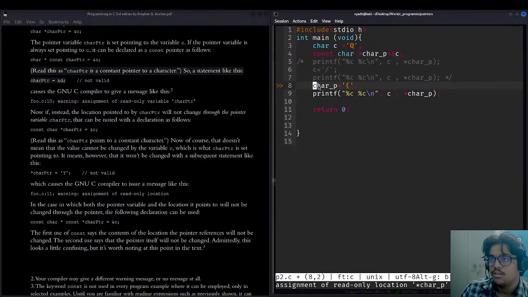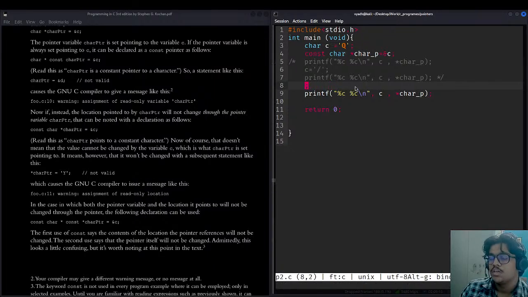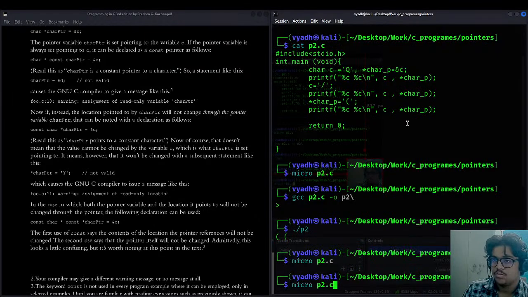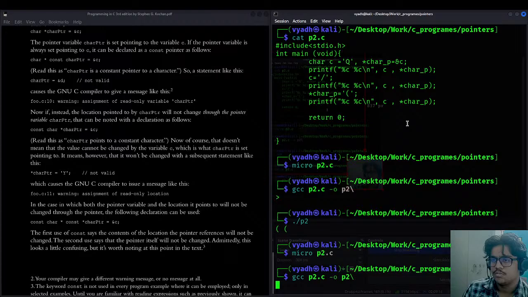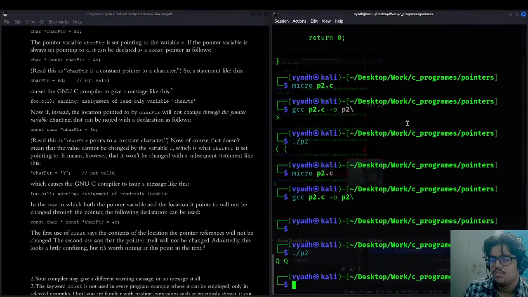For that, if I remove this and control s, it is directly not accessible. But if I just remove this line, control s, it will be working fine. Control s, q, QQ will be printed. Yes.